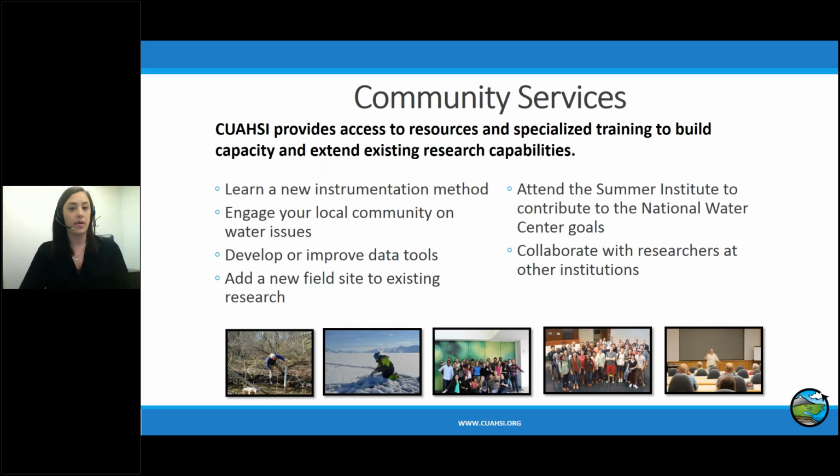All right, so some of our community services, hopefully you guys are familiar with these. What we try to do with community services is provide access to trainings and resources that really go beyond what your one university or institution can offer. So we do a bunch of different things, and they come in the form of travel grants, fellowships, providing coordination